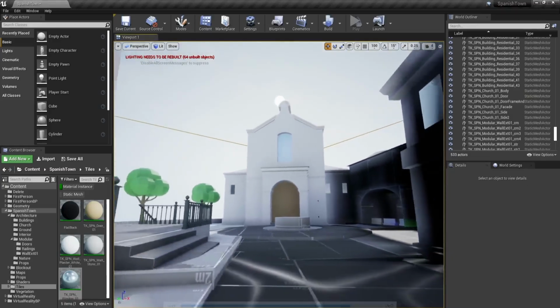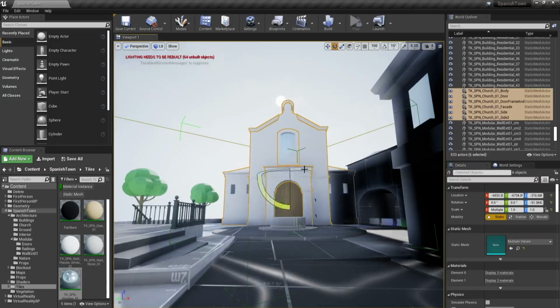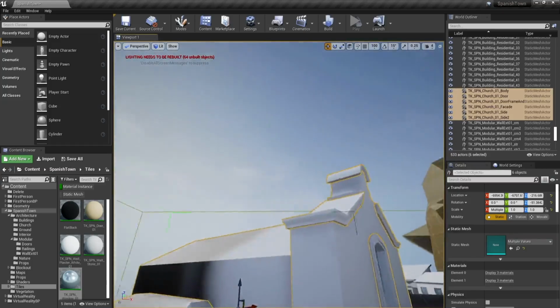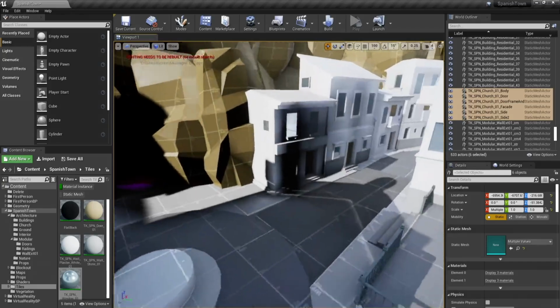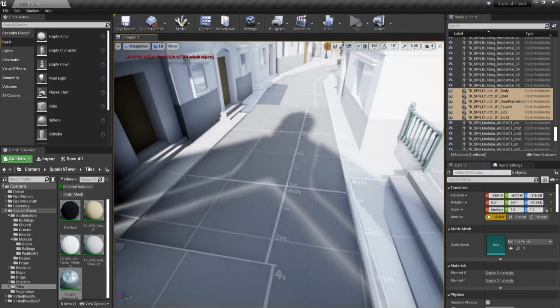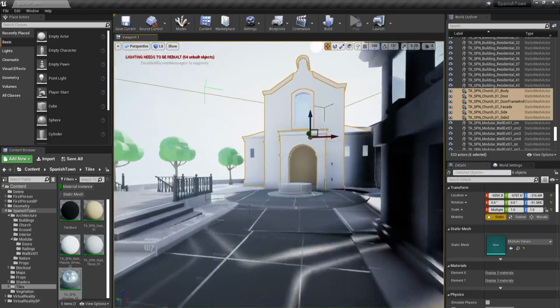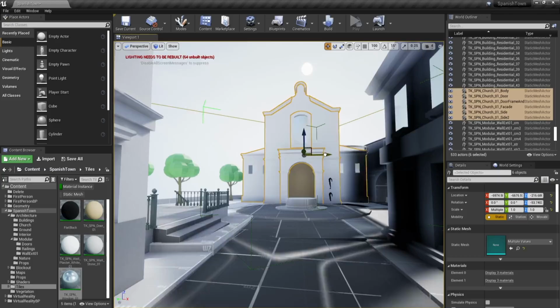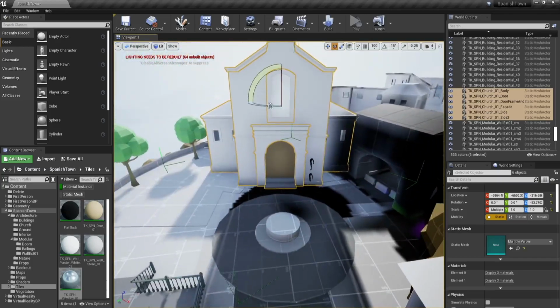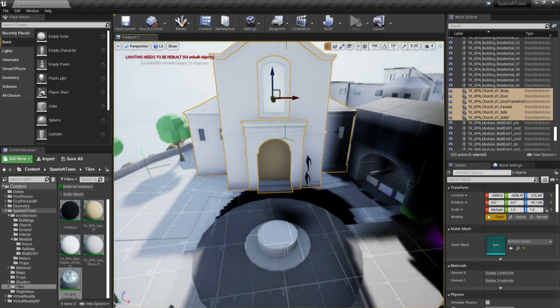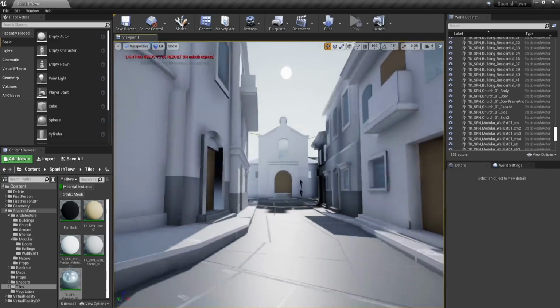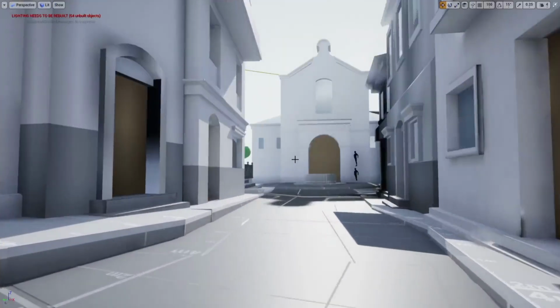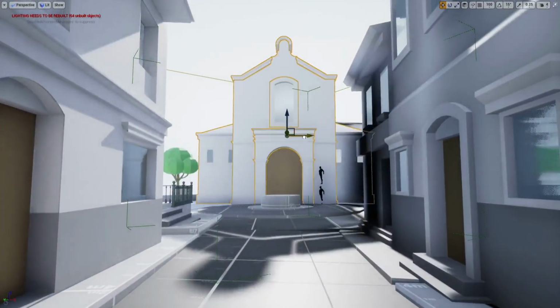So now the blockout has some simple materials. It already looks much better. I look at this and I can see how it's going to look when it's finished. And that's the point: you want to get all your pieces right before you move on to finalizing them. You should be able to look at these art blockouts and see how they're going to look finished. In an ideal case, you're only going to flesh them out. I'm not going to have to remake this church. I'm just going to place materials on top,